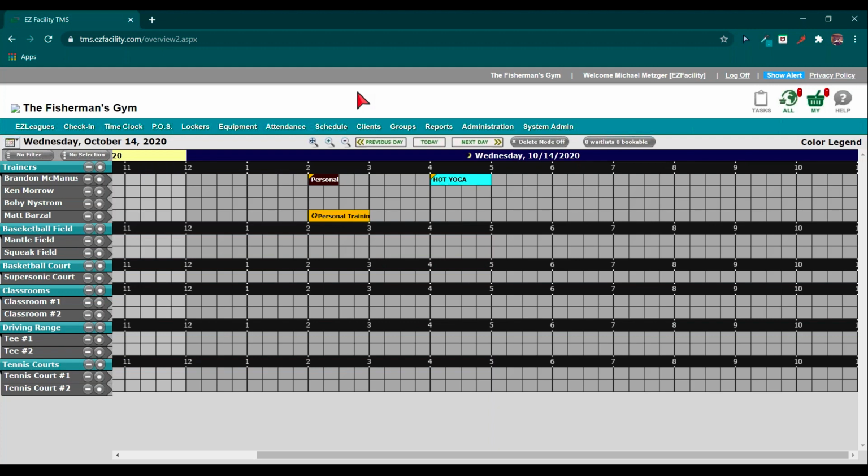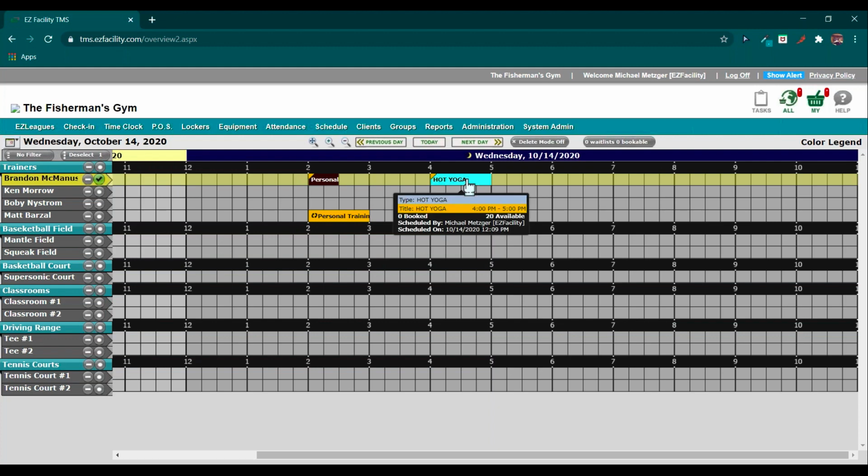The reason you want to have complete control there is because the clients can look at the calendar on self-service. As long as they see nothing's booked in that venue or time or day, they can book that right then and there. But we'll get to that in the next call as well with the rentals. But from here, let's just start off with a simple example. So Brandon McManus here is offering a 1 hour personal training today, let's say from 7 to 8 p.m. So once again, just like we did for hot yoga,